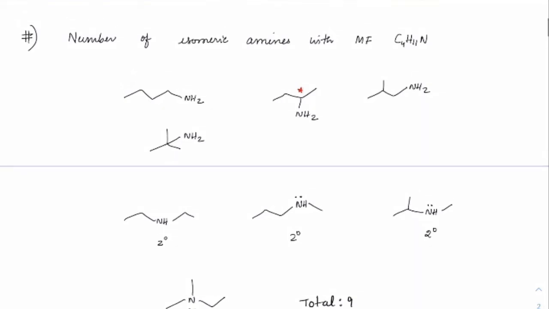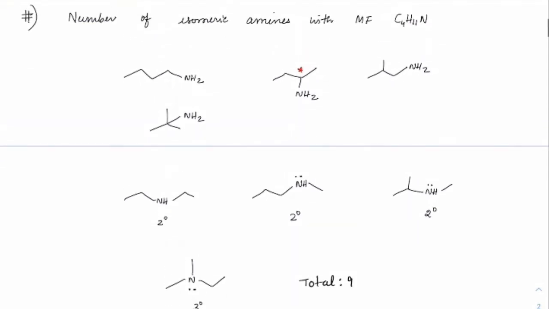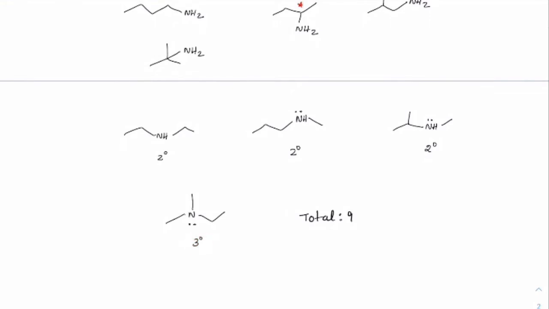Next, the other type of question from amines which you can expect is the isomeric amines. Let me show you what the common mistakes are. C4H11N, when you write it down, we will have 1, 2. I have written all the possibilities: primary, primary. So there are 4 primary possibilities, 3 secondary possibilities and 1 tertiary possibility.